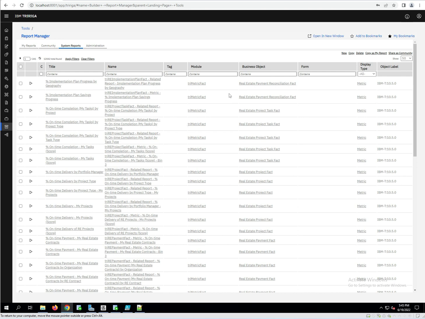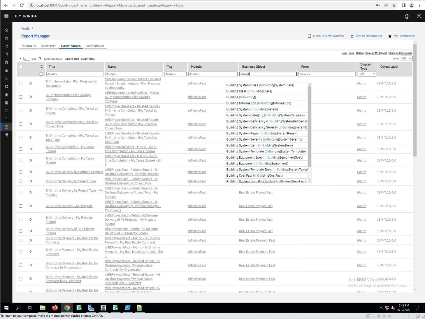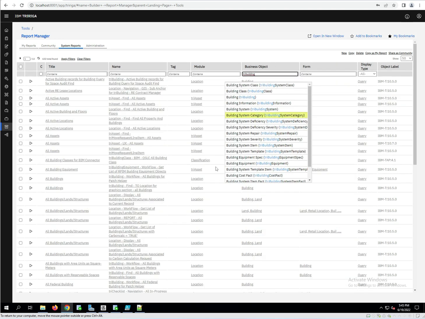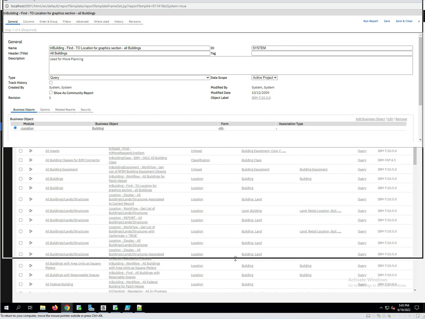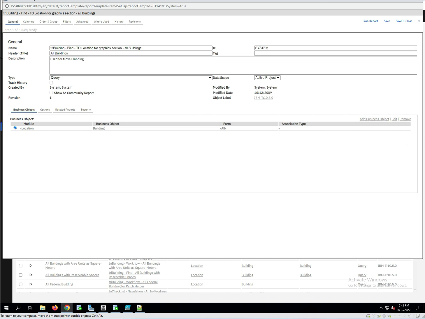So we'll just stick with doing building, although I don't have any data in this particular system. But if I click into it to open it, here's all the different properties about